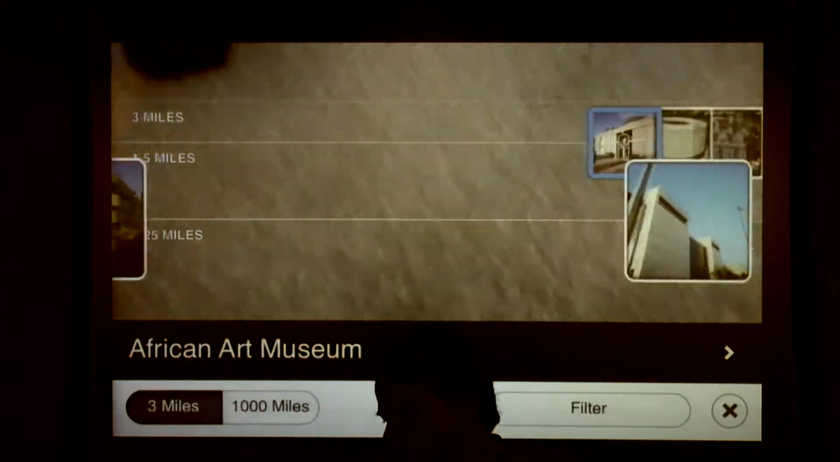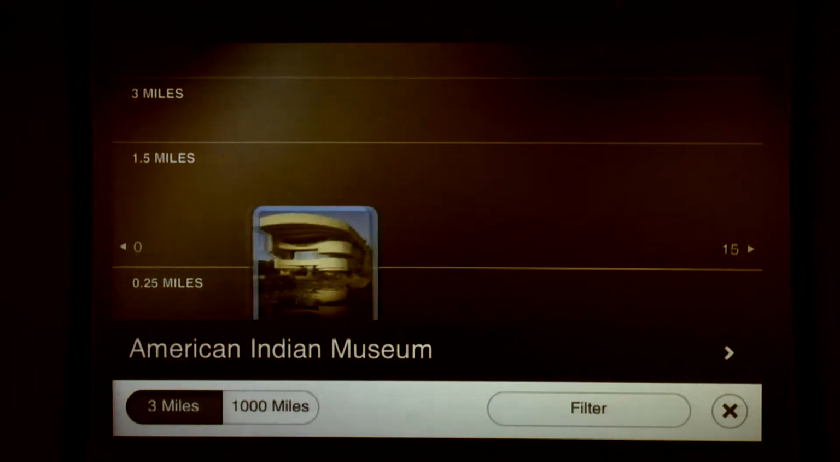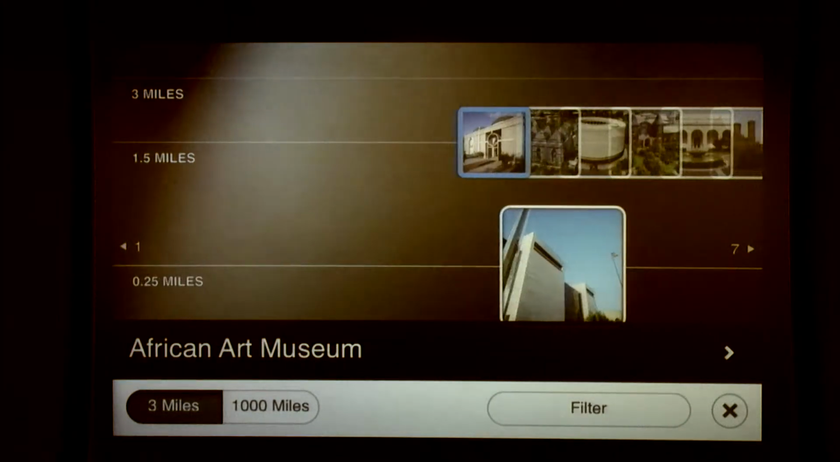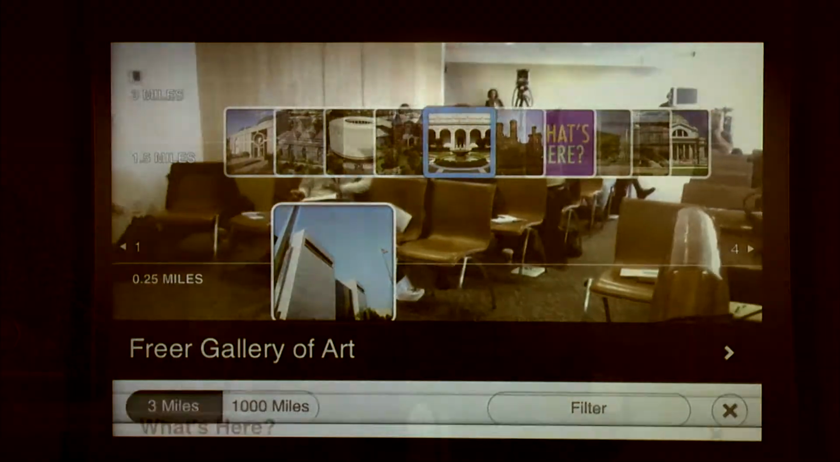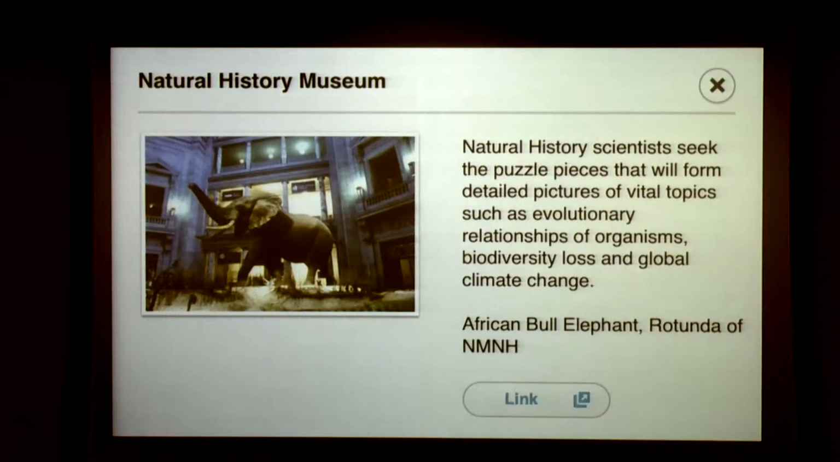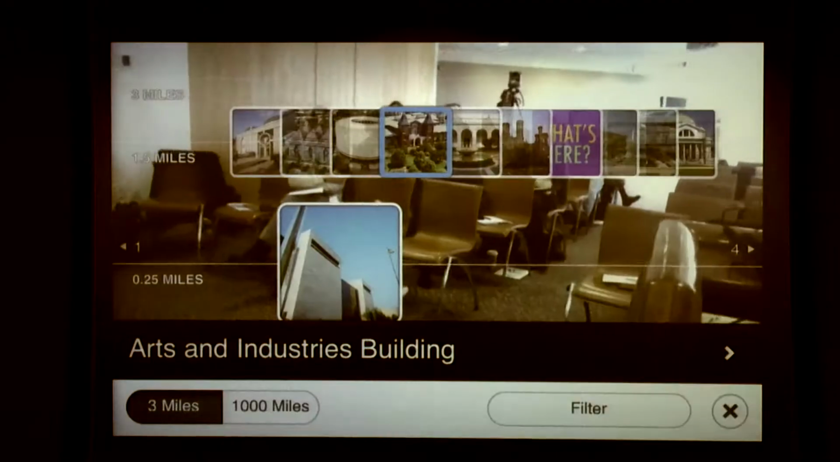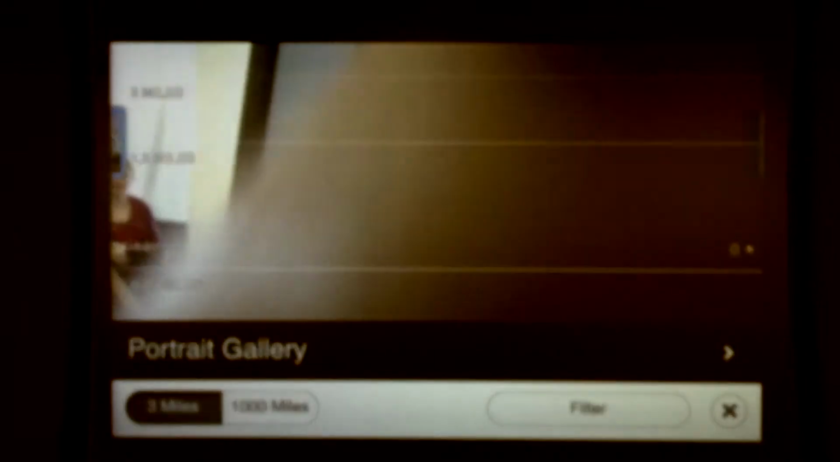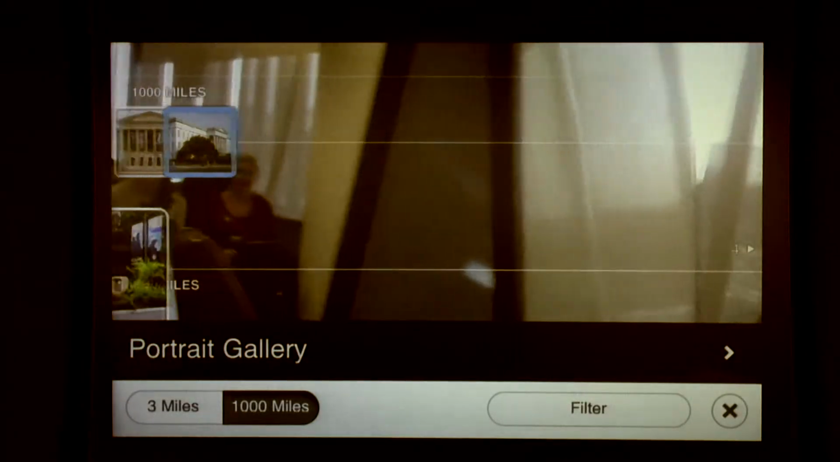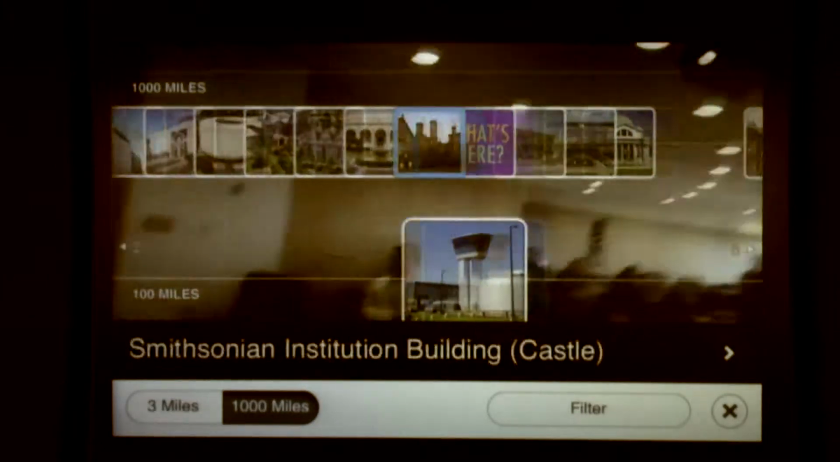So you can get a sense of, here we are, there's NMAI. It's connected to the latitude and longitude. A slight explanation of what people are seeing, what's inside, links that take you to video or whatever. And you can see the different models. If we go to the 1,000-mile, the filter,